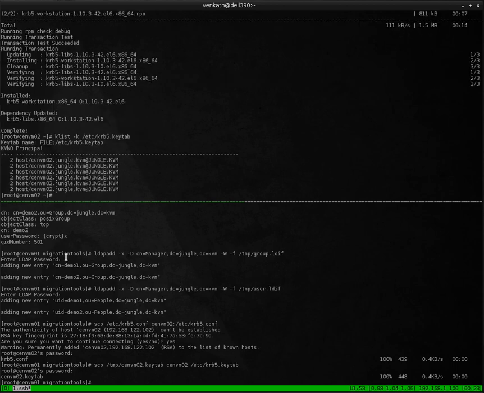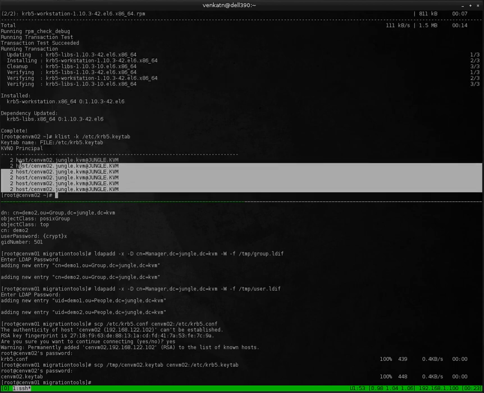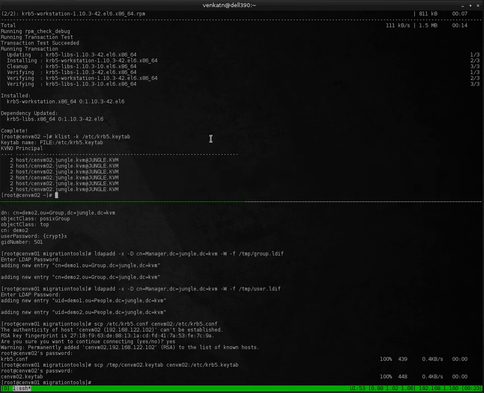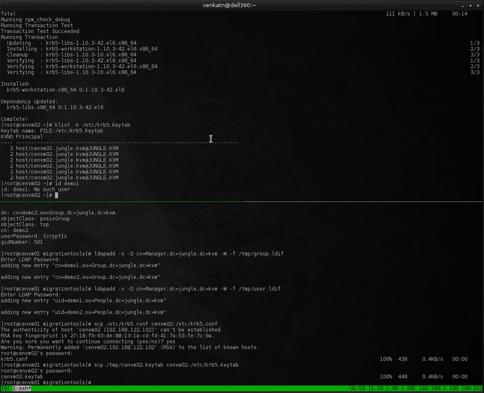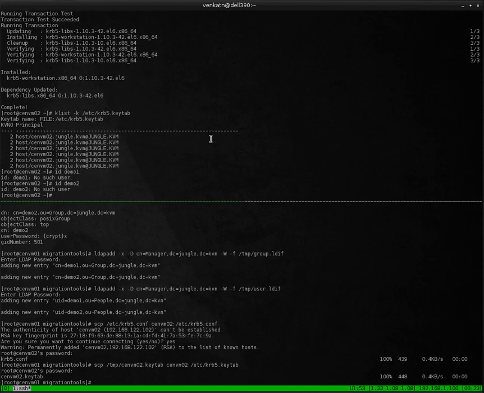So the keytab file has got all these entries, which are correct. Okay, so we've installed all the required packages, and if I do id demo1, no such user; id demo2, no such user,